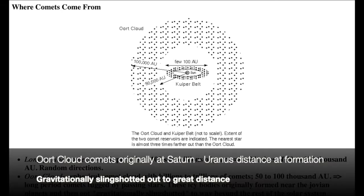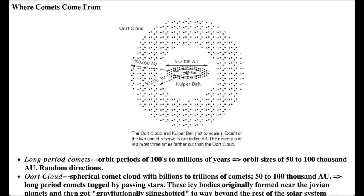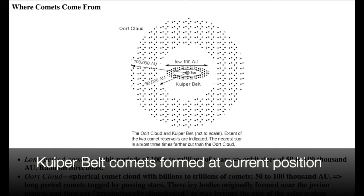The Oort cloud comets probably formed 4.6 billion years ago at about the same distance as where Saturn and Uranus are today from the Sun, and were then deflected outward when they passed too close to the large planets. Comets forming at the distance of Jupiter were either ejected from the solar system by the massive planet in a gravitational slingshot or gobbled up. Comets forming further out than Neptune's current position never coalesced to form a planet and now make up the Kuiper